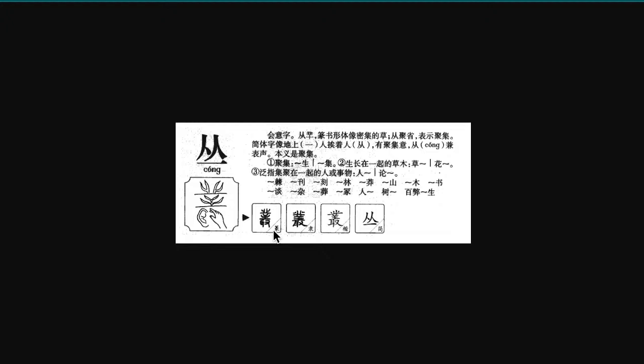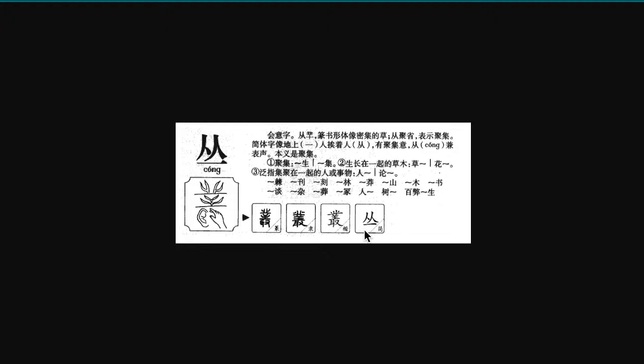Okay, the traditional character, I guess looks like a bunch of grass put together, indicating a miscellaneous collection. And then the simplified version